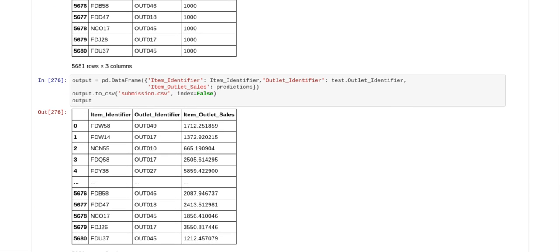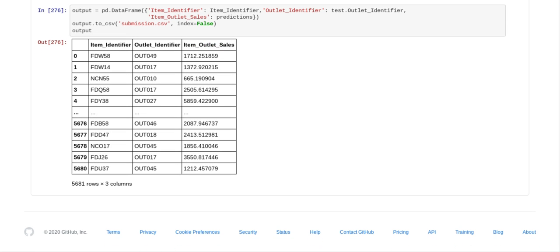And then we created our data frame. So output equals pd.DataFrame. Item identifier is item identifier, the variable that we had previously created. Outlet identifier is test outlet identifier. And item outlet sales is predictions. So we created a CSV file, and you can see what we've done. And so we've got a submission.csv, and I submitted that to the Analytics Vidhya Solution Checker, and what I got was